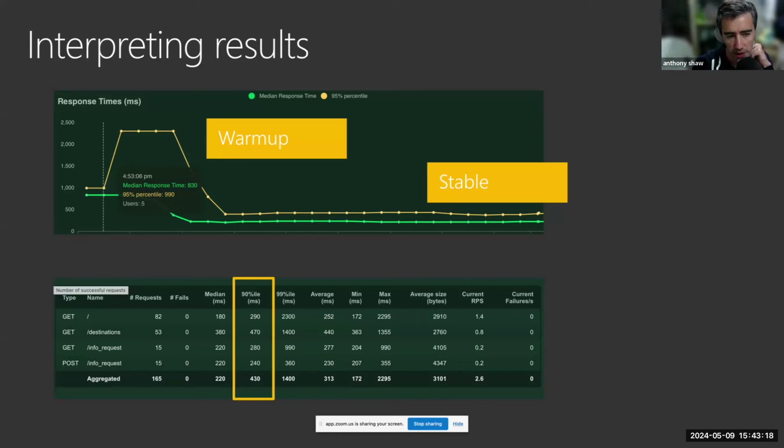And then when you're looking at the percentiles, there are two you can look at, the 90th percentile and the 99th. Another consideration is to look at the 95th. My recommendation is to look at the 90th or the 95th percentile. That means for 90% of users, what response time would they have? Something like 300 milliseconds, it depends on the application, would be fairly acceptable. But you'll see in the 99th percentile, I have 2.3 seconds. That's actually skewed because of the warm-up time, which is why we try and exclude those from the metrics.